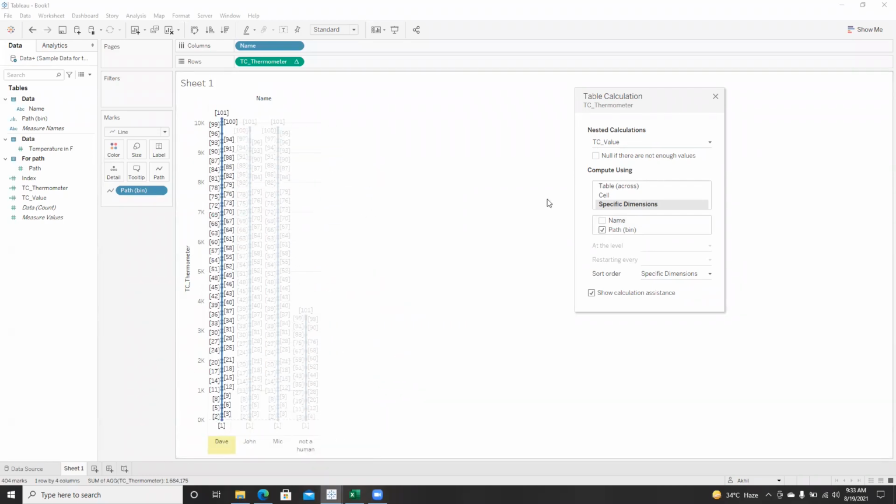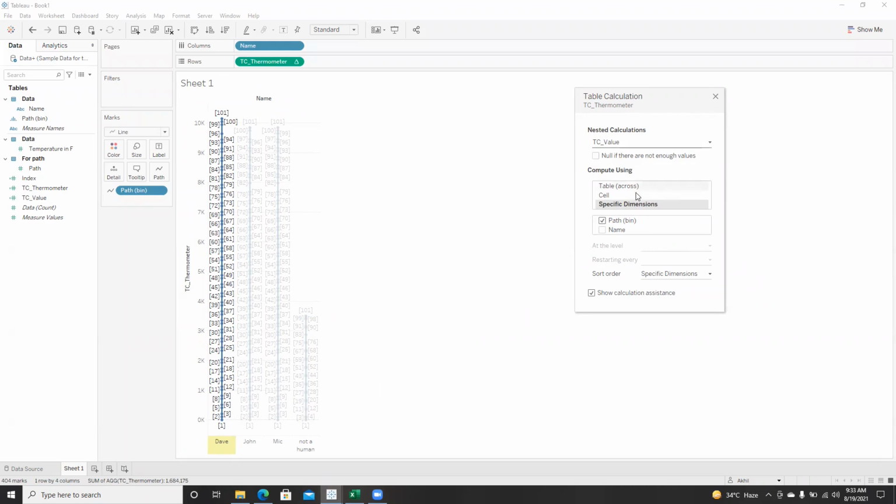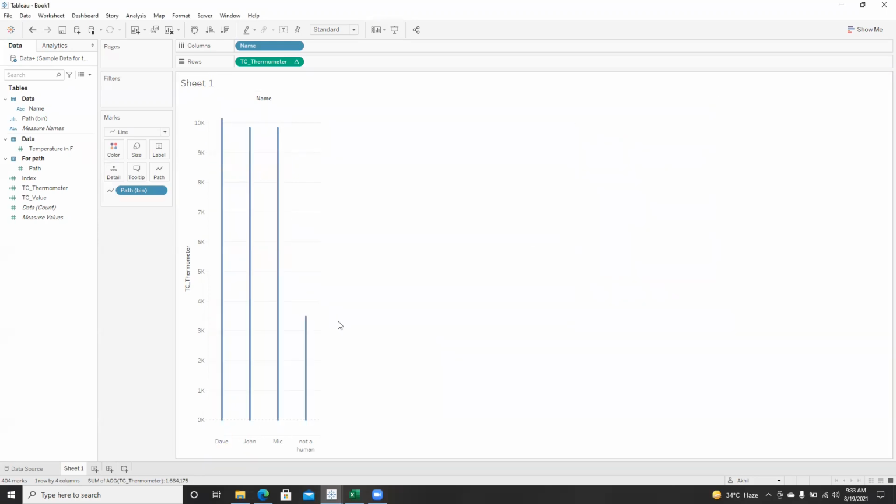Now if you see the index, we have index from 1 to 101, and that is restarting at every person's name. So this index is starting from 1 to 101, and this index is starting from 1 to 101. For the TC value calculation, we would like to calculate along a path for each name. So we set it up along path, and we uncheck the name. Right. So we've achieved this